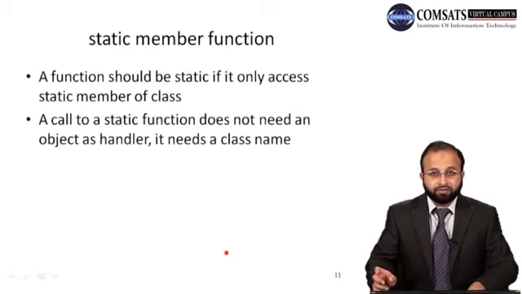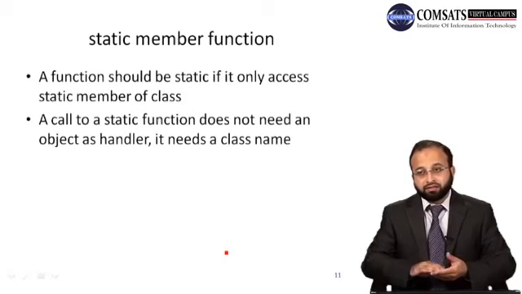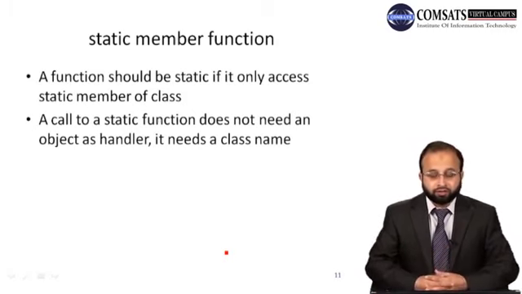So get count is a static function. It is illogical to access the private data member of the class because you are not calling that function with the object. So what happens if a member function is called with an object? When a member function is called with an object, then what happens? Then the